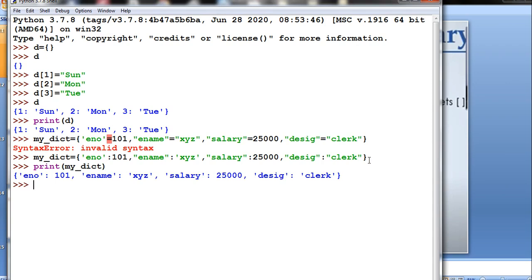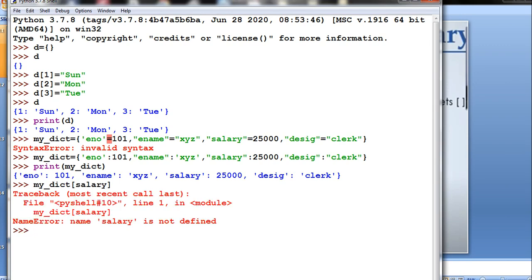Now index is not important here in case of a dictionary. You have to give the key. No need to use print, simply you can give my dict salary, this is the key you are giving, so it prints the value. What is the mistake?